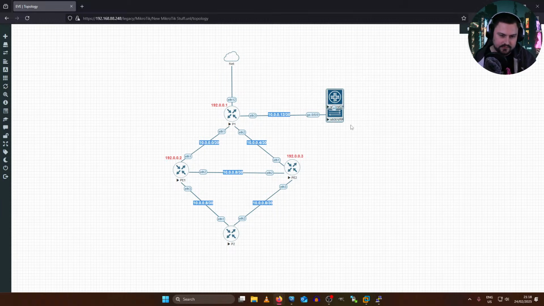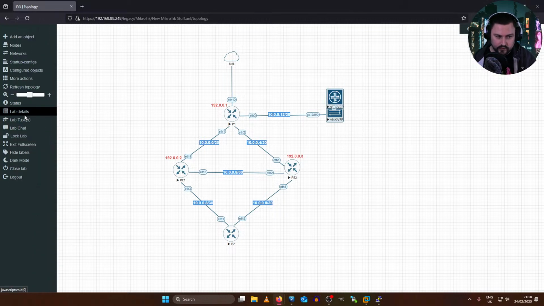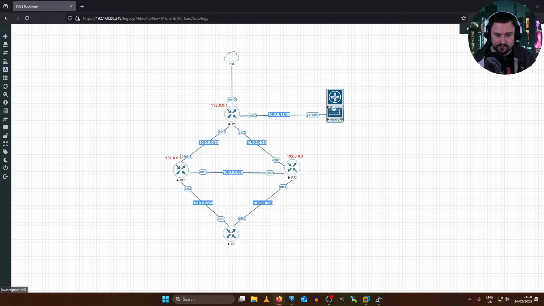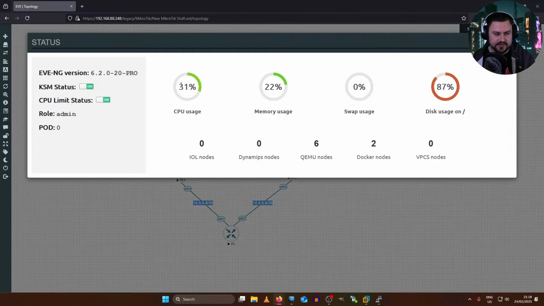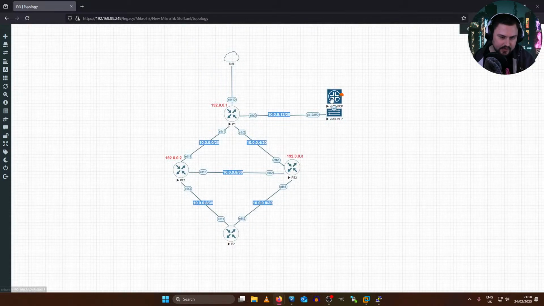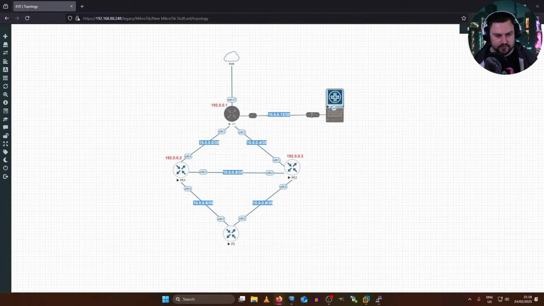So you could definitely bring up like 5 or 6 or 7 Junipers. Just really one thing I want to stress is these Junipers eat a lot of memory. If I look at my, where's the status? It's not just memory, CPU as well. It's actually not that bad, my current usage. But that's just a single node. And I think I showed in the last lab, it's something like, was it 6 or 8 gig of memory for one Juniper node?